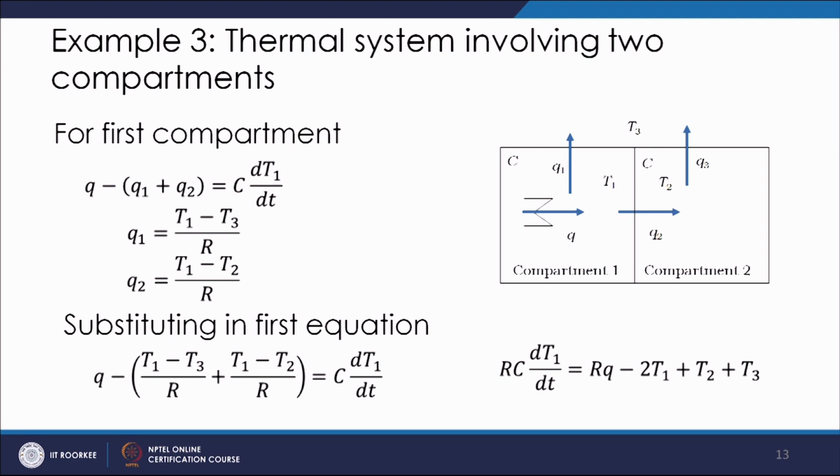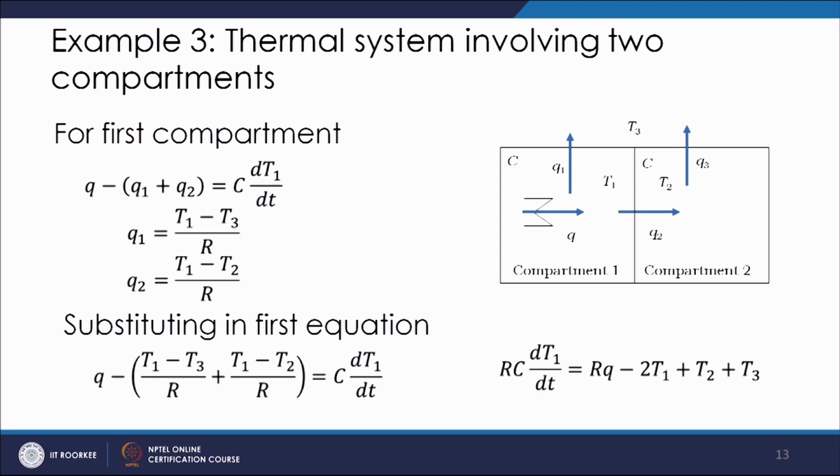Say there is an adjacent room, or compartment 2. Now, the temperature of compartment 2 is say T2. So, you are going to have a heat transfer from compartment 1 to compartment 2, say this is Q2, as well as heat transfer between compartment 2 and the surrounding, and say this is Q3. And we assume that the thermal capacitance of both the compartments is C.